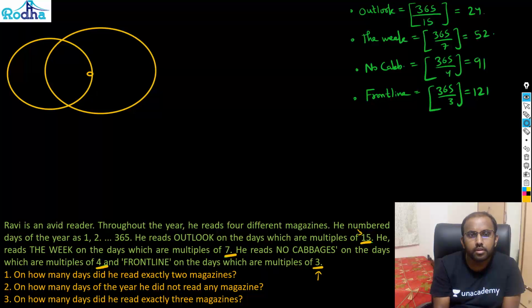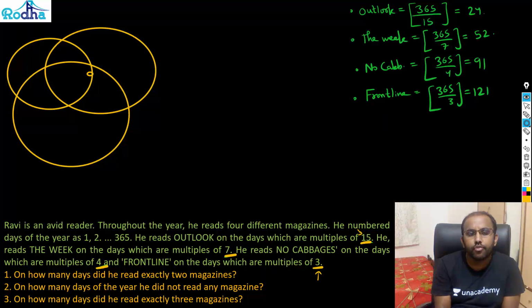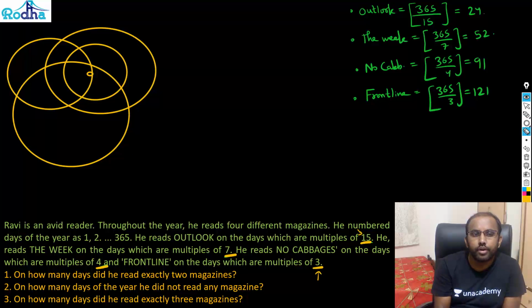Okay, I think I should start from somewhere here. No cabbages. Okay, and then we have one, actually, this part, outlook, will come completely inside the front line. Okay, so I can make a circle like this. Now understand this Venn diagram, guys. It's important to understand this kind of Venn diagram because it's a bit uncommon but quite easy to solve and